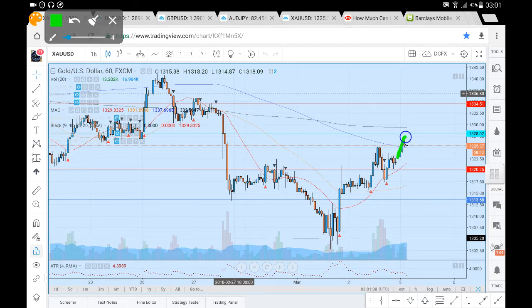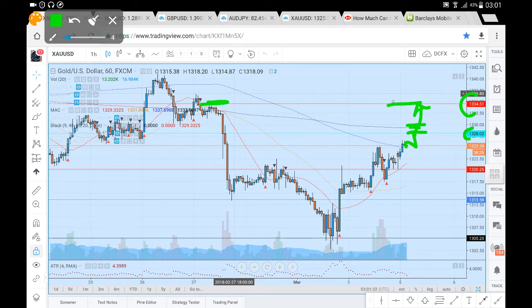Now we're into the 200 period average, so we could see a pullback possibly before we do see a move upwards, but we do appear to have held support at 13.20, so we are looking for price to head towards our 13.28 if we can successfully navigate the 200 period average. Beyond which we're looking to see our price react to the 400 period average, slightly below the 13.30, but ultimately we are looking for price to head towards